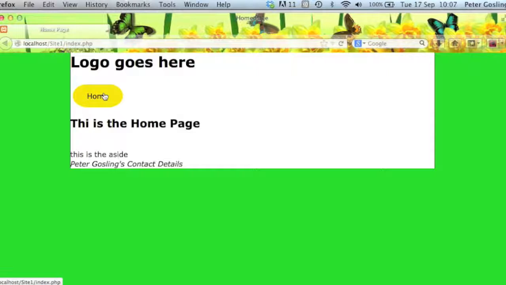Next tutorial, we're going to add some changes to the layout here, and that we want the aside to be